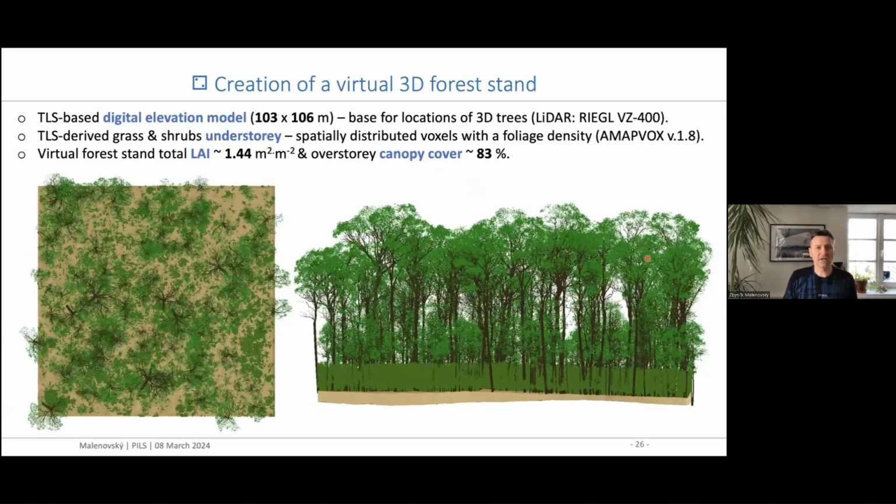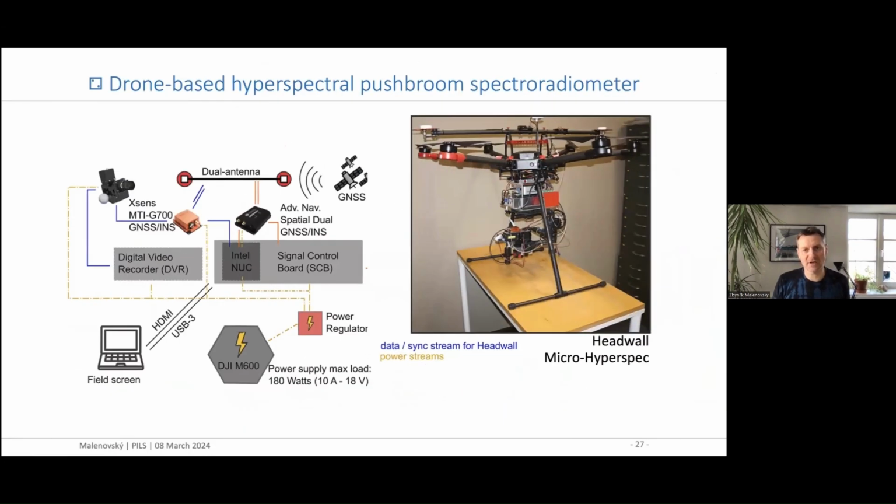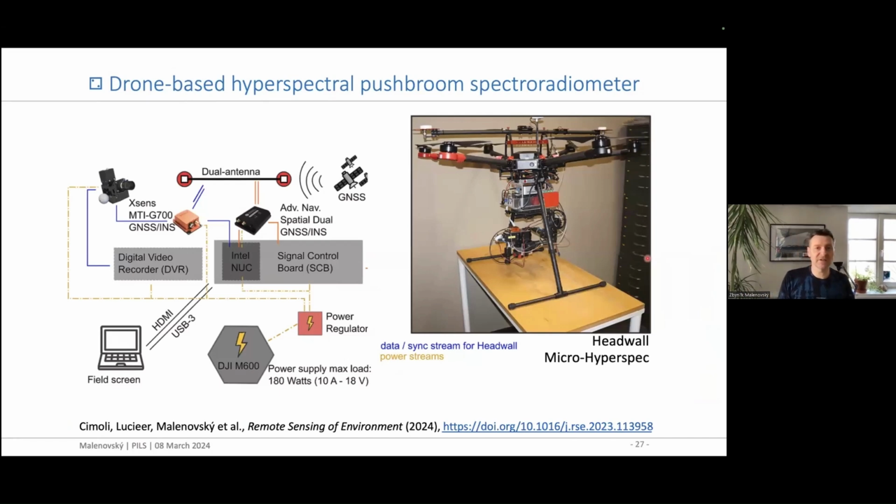So this is the final 3D mock-up, we call it, or the representation with all the trees and with the understory as well, which are shrubs and grass, which were taken from TLS data and reconstructed using the AMAPVox Python library. So we ended up with the actual representation of the forest, which was flown with the hyperspectral sensor Headwall Micro-Hyperspec in September